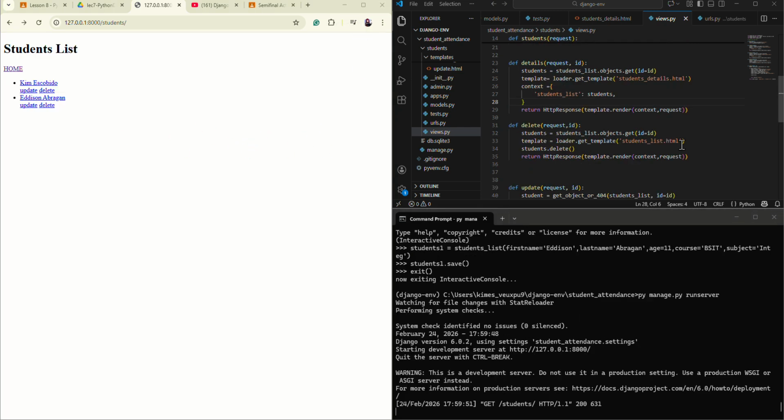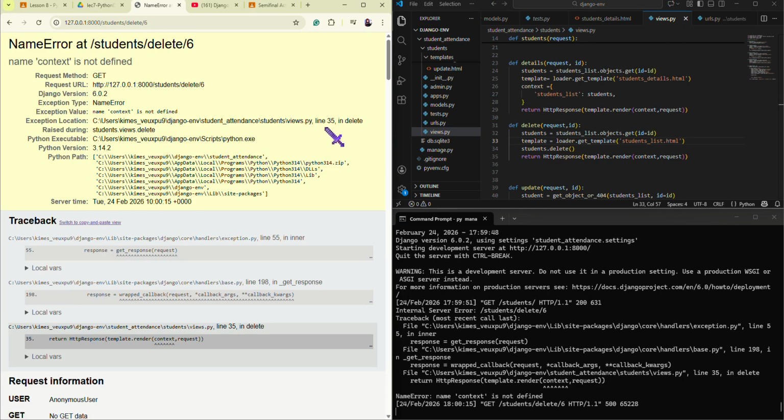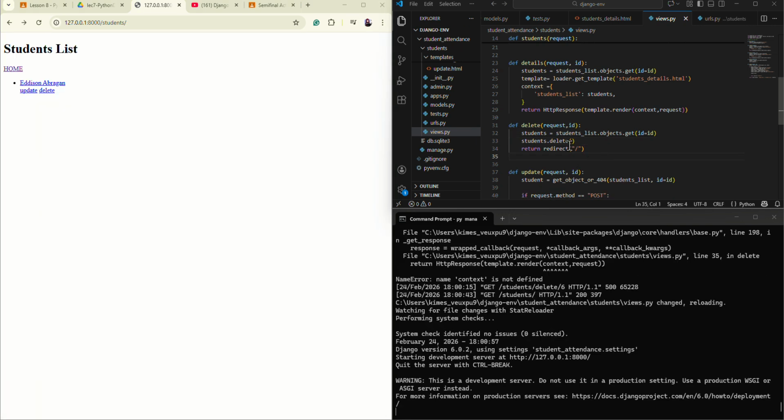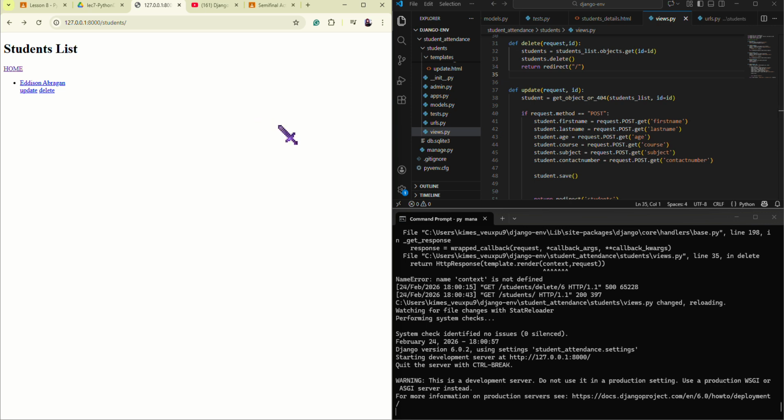This is the solution I could think of upon deleting the student and staying in here for this link. So let's try to delete this one. Oh my god, let me fix it again. I don't know why, but it works here, but it goes back to here. So let's move on to the update.